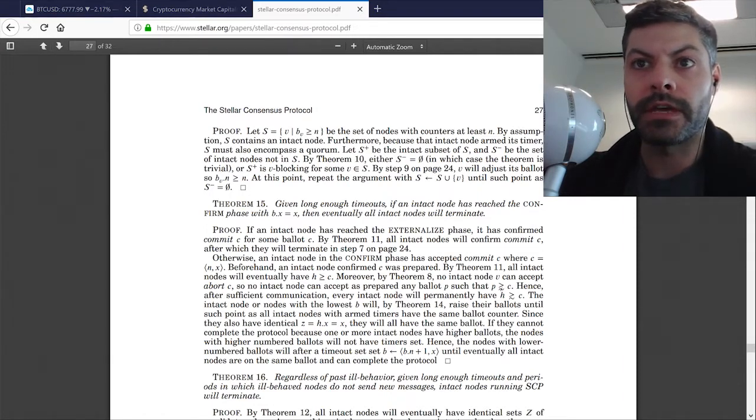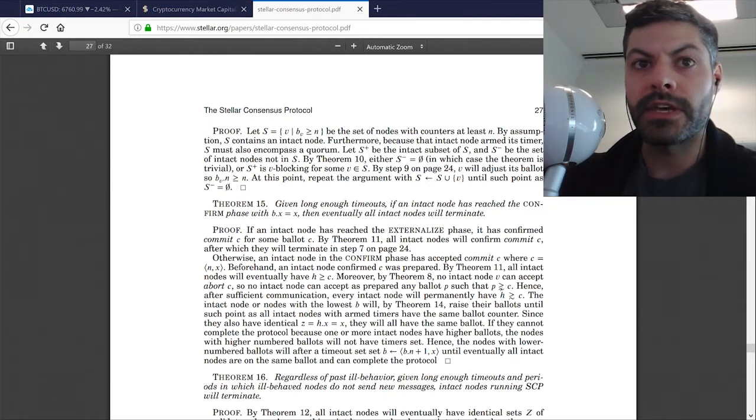Moreover, by Theorem 8, no intact node V can accept abort C, so no intact node can accept as prepared any ballot P such that P is greater than and not compatible to C. Hence, after sufficient communication, every intact node will permanently have H greater than and compatible to C. The intact node, or nodes with the lowest B, will, by Theorem 14, raise their ballots until all intact nodes with armed timers have the same ballot counter. Since they also have identical Z = H.X = X, they will all have the same